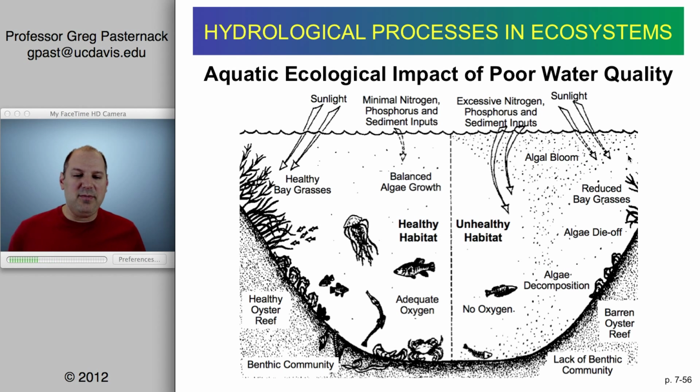Now, why does sediment matter? Well, sediment matters because in a healthy state, much of what happens in an aquatic system occurs on the bottom. You have all kinds of grasses, oysters, crabs, and so forth, everything on the bottom. And the reason for that is because the light goes right through, and although light diminishes, estuaries tend to be relatively shallow, and so there's plenty of light that gets to the bottom, and so you have a bottom-dominated, or what we could call a benthic community. However,